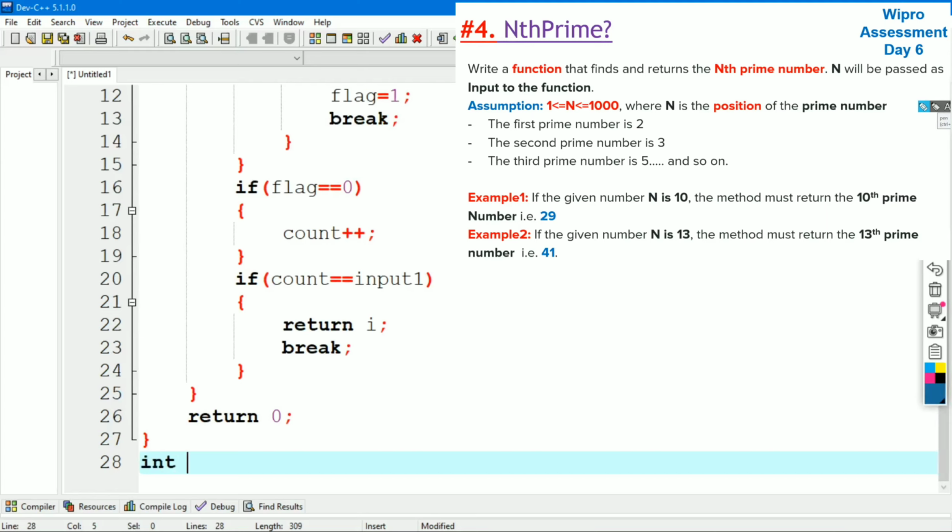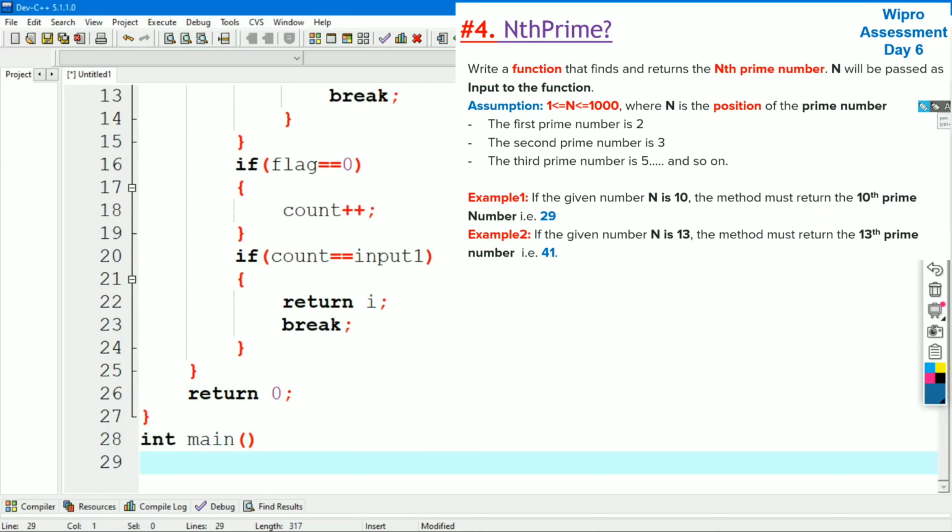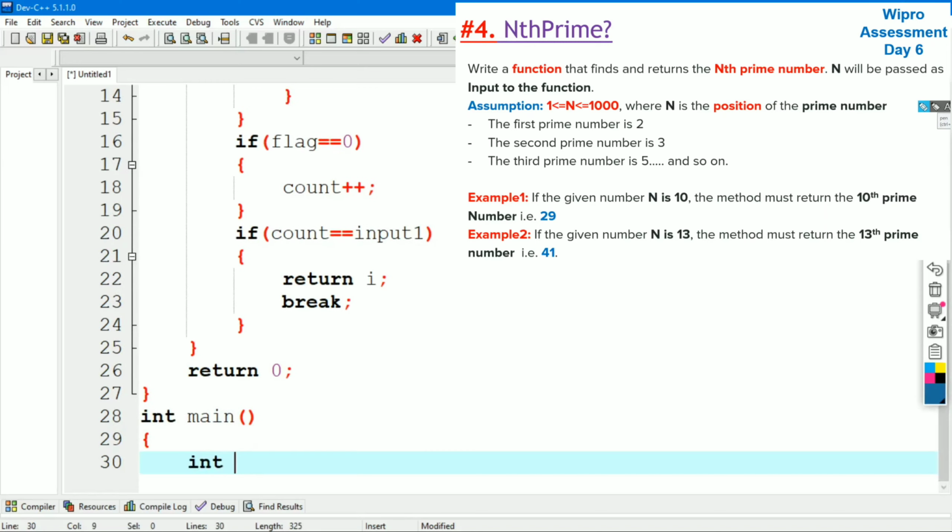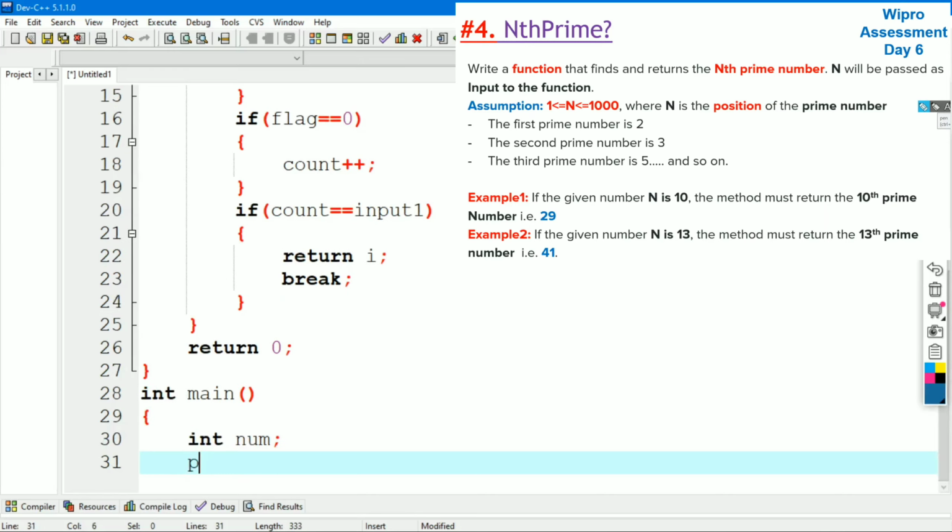After that we will write the main function. Let's declare the number variable and take the input from the user. Enter the nth number.